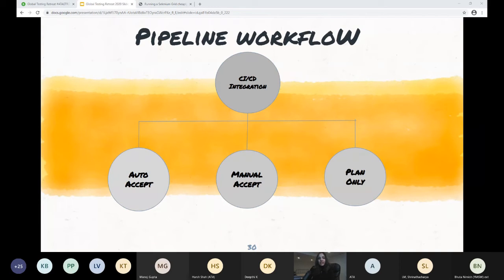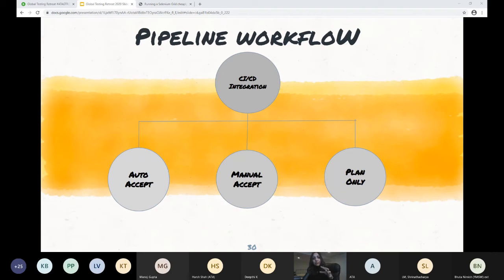You can auto accept, where you automatically accept plans without any human intervention. You obviously don't want to do that in your production environment if you're not very confident. Instead, you can opt for manual accept, where it shows you the generated plan, but someone has to be there to accept it, understand what it's doing, and then make a decision.